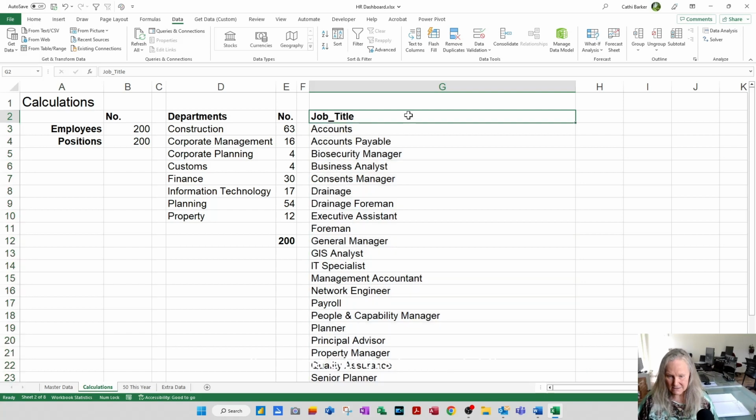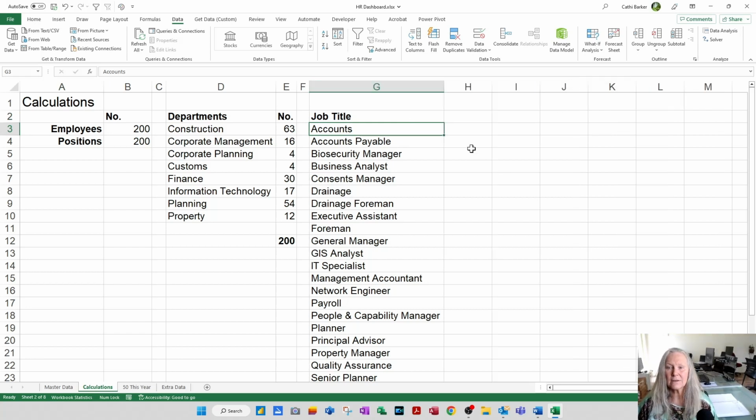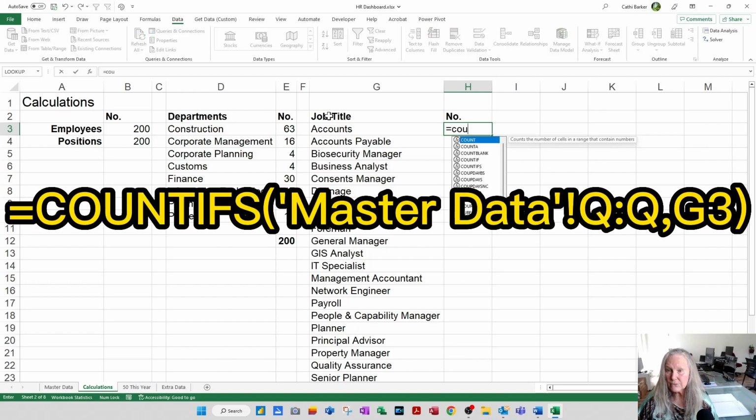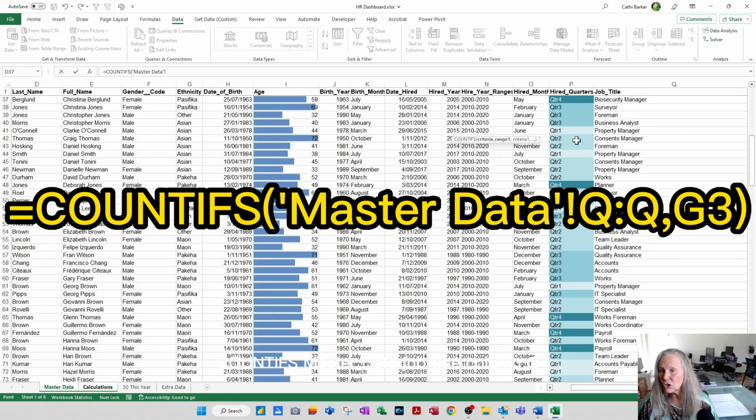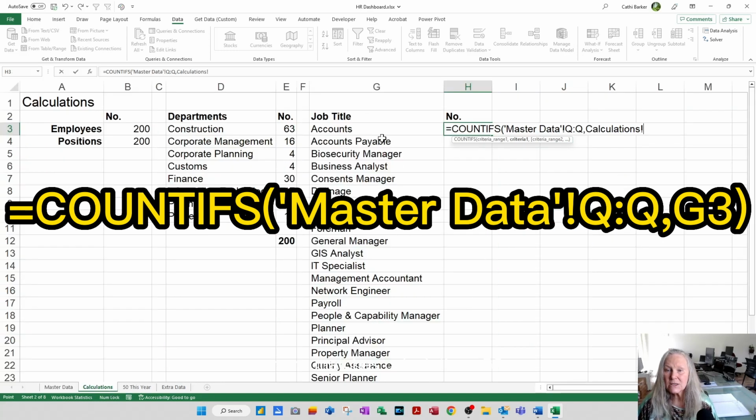I'm going to edit this to say job title. And I'll just double click to bring the column width in. And over here, I might just take a copy of that. And in here, I want to do my countifs function. So equals COU, always go for the countifs with the S on the end. Countifs, master data, job title column Q, comma, matches calculations G3,